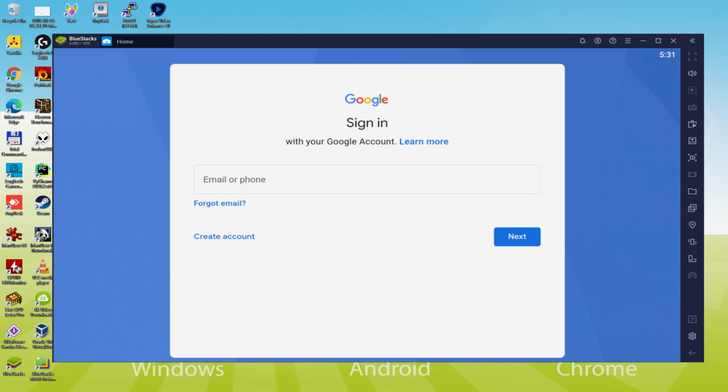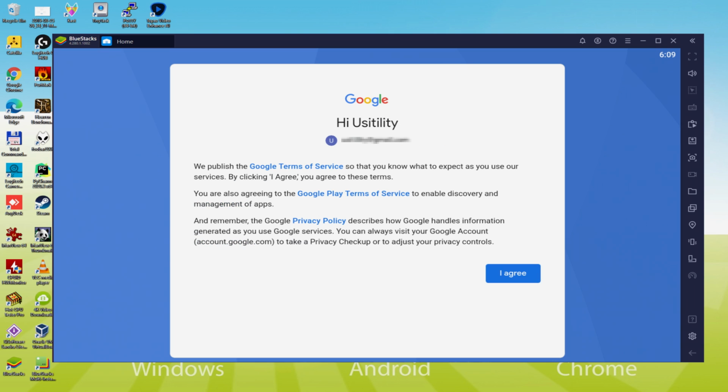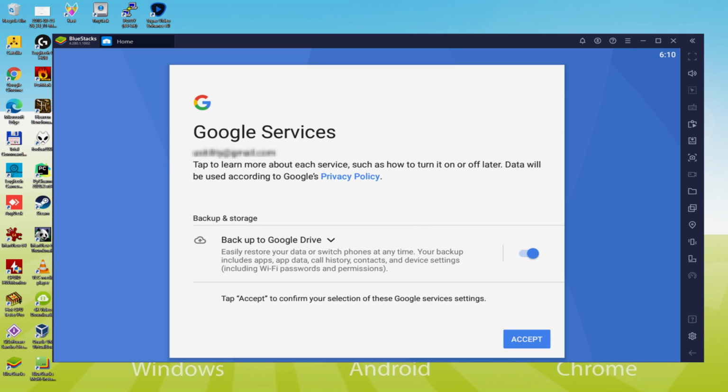Then I will submit my information and I'll return as soon as I have completed it. Voila! Info entered. This is Google welcoming us and providing us their terms. We can say yes to them by just clicking, I agree. Following that, it allows us to back up to the Google Cloud.